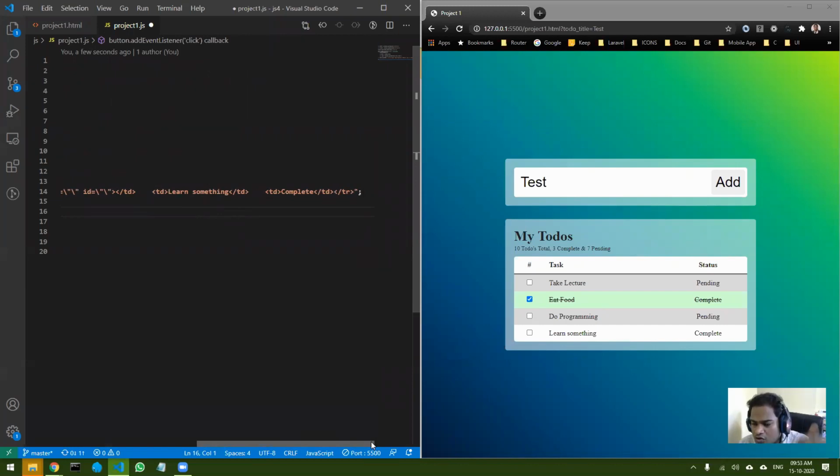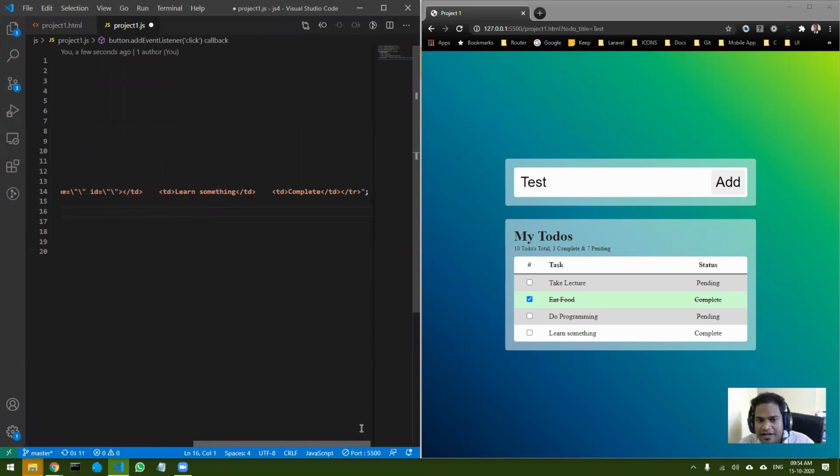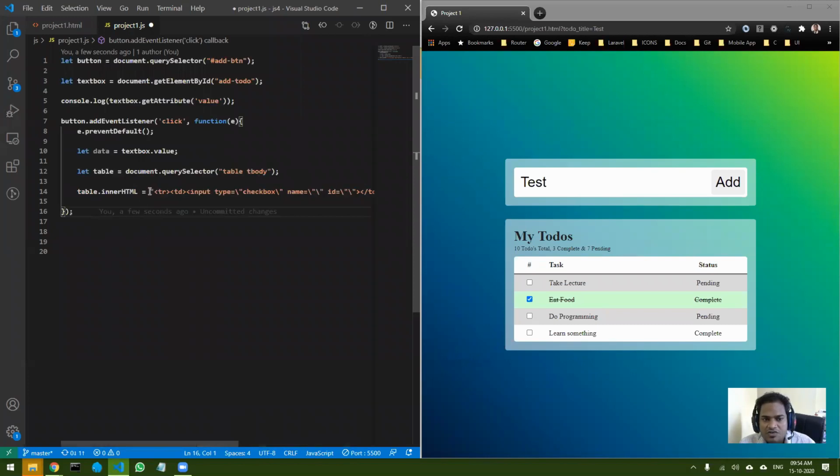There should be no multiple lines. Now you can see there is no error. Since I'm using double quotes, I cannot have double quotes inside because that will close the string, so I have escaped them with slashes. If you do not want to do this, you can always use single quotes on the outside and double quotes inside, and that will also work.